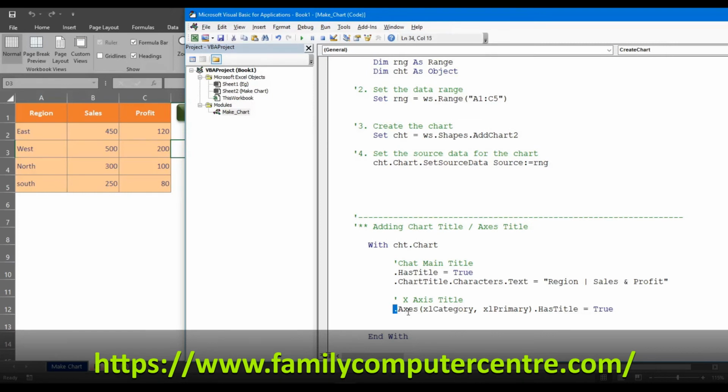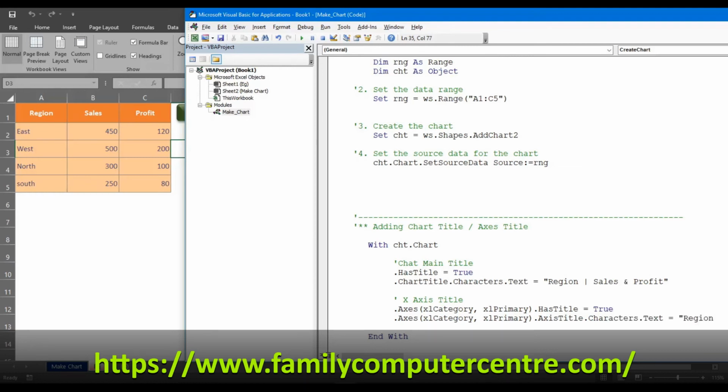After that I will copy this down. Then I'm saying .AxisTitle.Characters.Text equals, then I'm saying